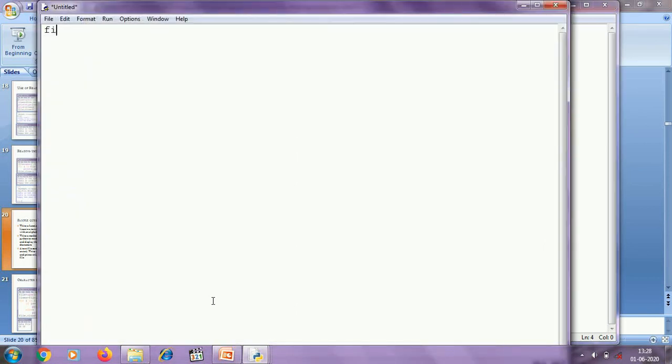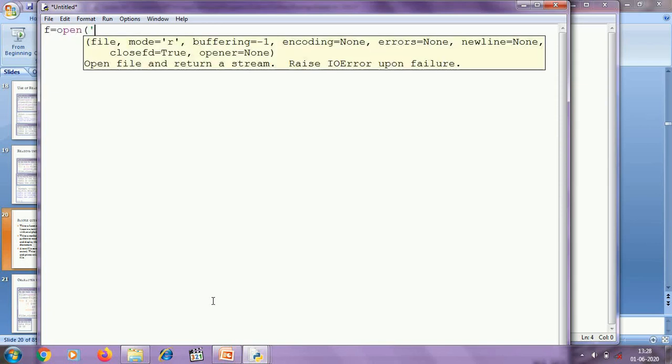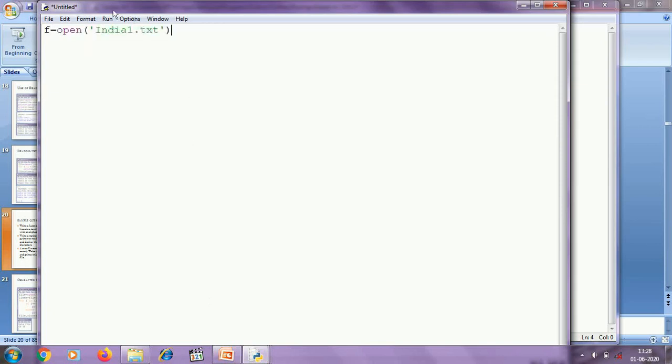So first of all we have to open the file using the open function. Here I am opening india1.txt using file object f. Here I do not mention any mode because by default a file is opened in read mode. So here the file object is f. Using this file object we can access the file. So first of all I shall read the file using the read method. s equal to f dot read.